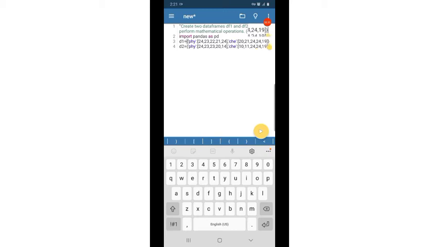Let d1 and d2 be the marks of 5 students in term 1 and term 2 in physics and chemistry.